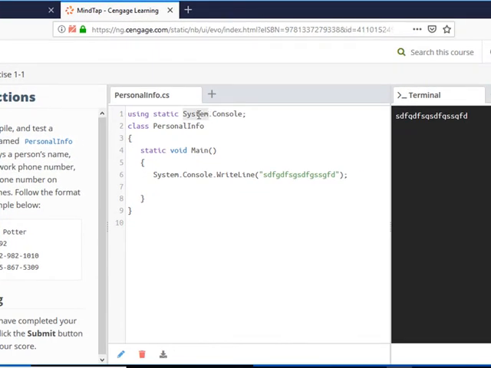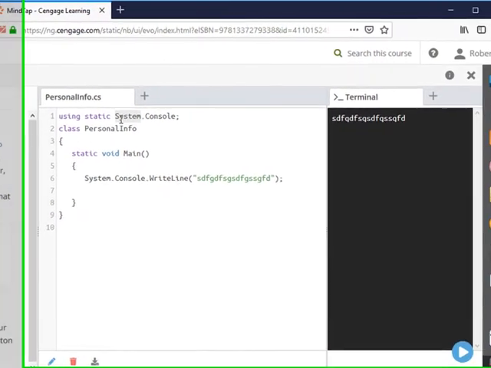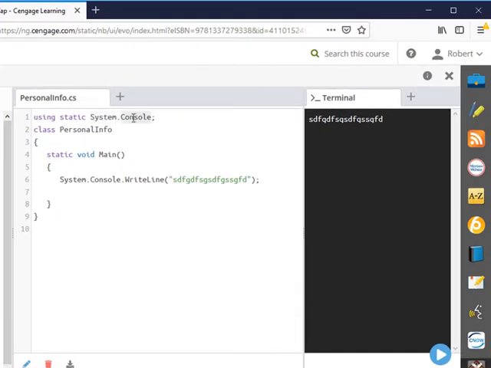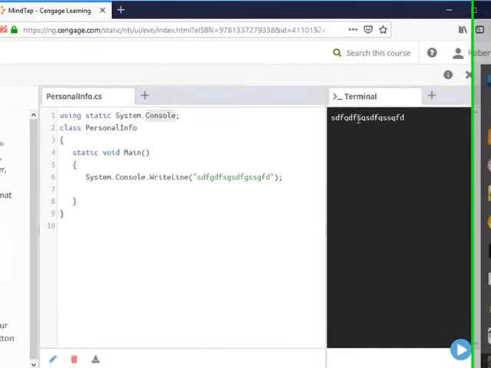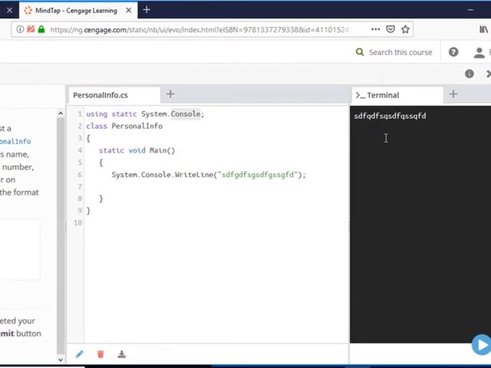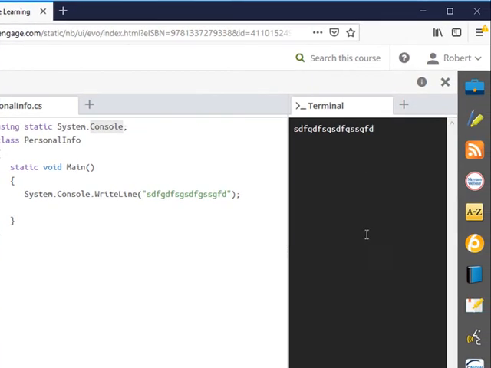And organized inside of the system namespace is there's a class called console. And what that does is it creates or runs a little console window. Now here we've got our terminal that does this. When you use Visual Studio, you'll see a little window that pops up, and it will look something like this, just a little simple window. So this console window,